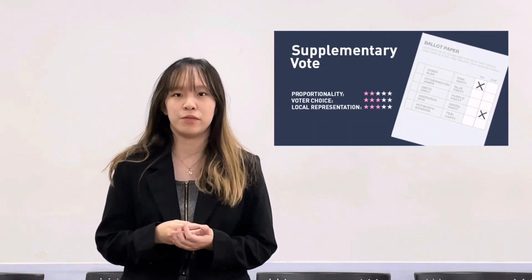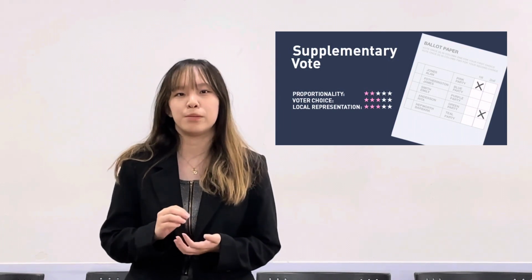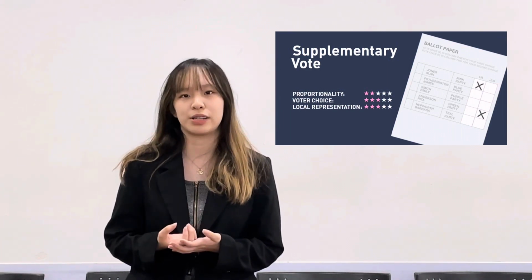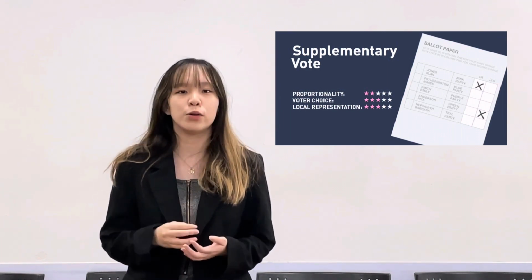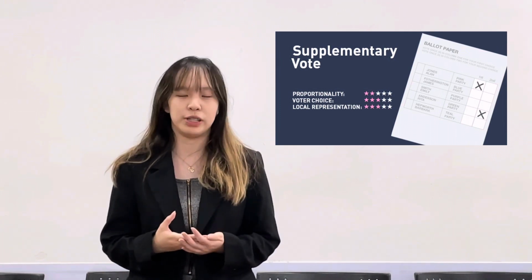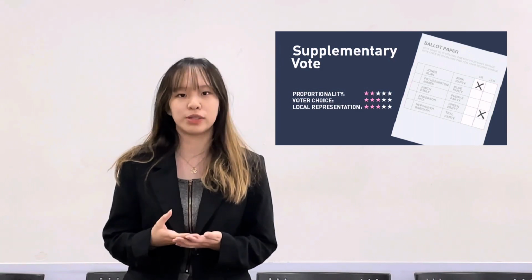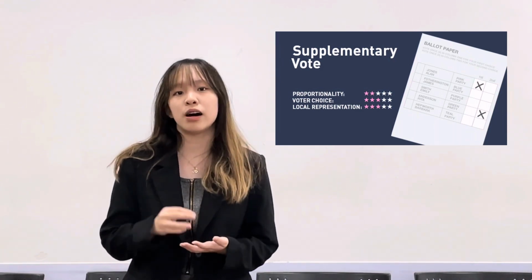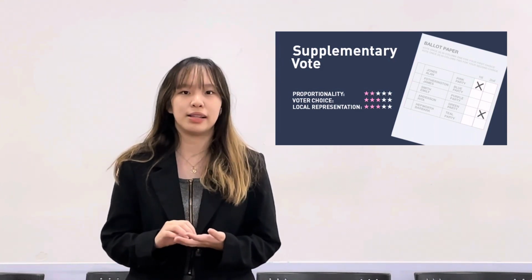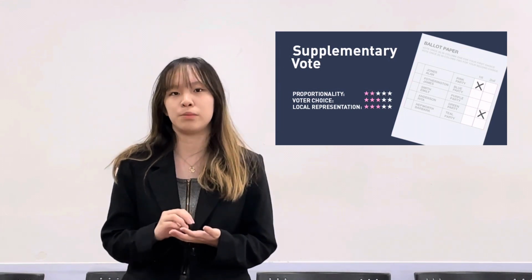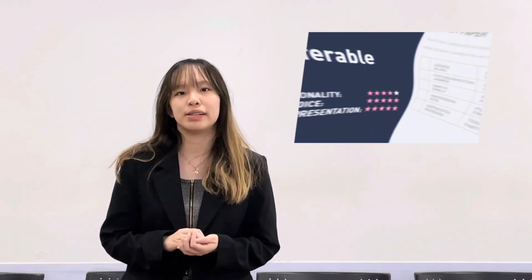Additionally, there is the supplementary vote. It is used for mayoral and police and crime commissioner elections in England and Wales. Voters have a first and second preference. If a candidate gets over 50% of first preference votes, they win. Otherwise, the top two candidates remain, and the second preferences are counted to determine the winner,